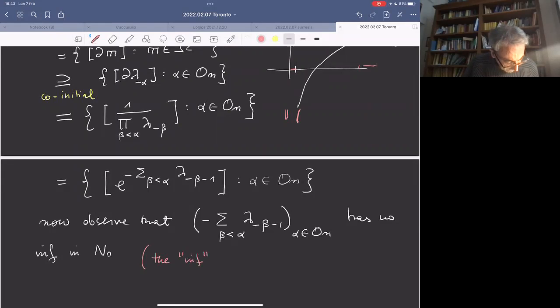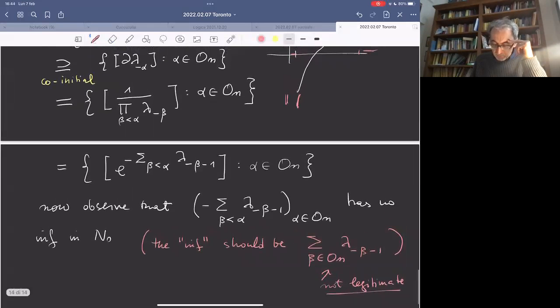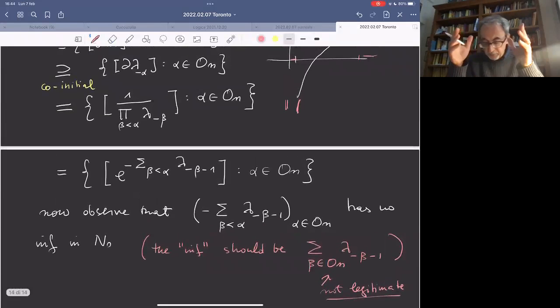the inf should be the sum over all the ordinals of this lambda minus beta minus 1. But this sum is not legitimate. The support is a proper class. Not legitimate. So the fact that this has no inf in the Surreal numbers essentially means that this